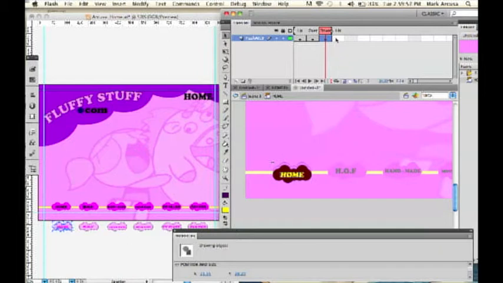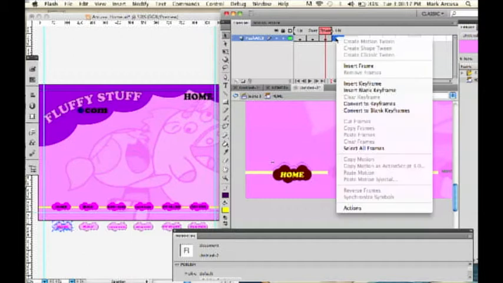All right, finally, the last thing that you'll want to do is in the hit state. This is the one we were talking about earlier that is invisible. It doesn't show up in Flash. It's just like a real estate type thing where it shows the cursor what areas are going to activate your button's functions. Okay, so I'm going to right click, and if you wanted to do insert keyframe, you could, and you could have put the same thing there and then do what we're going to do next,